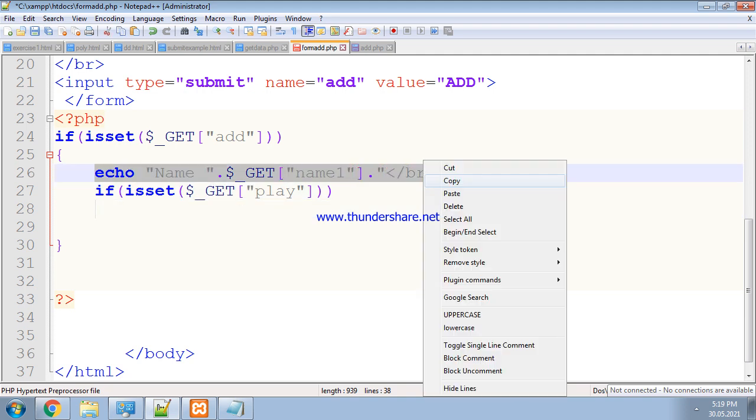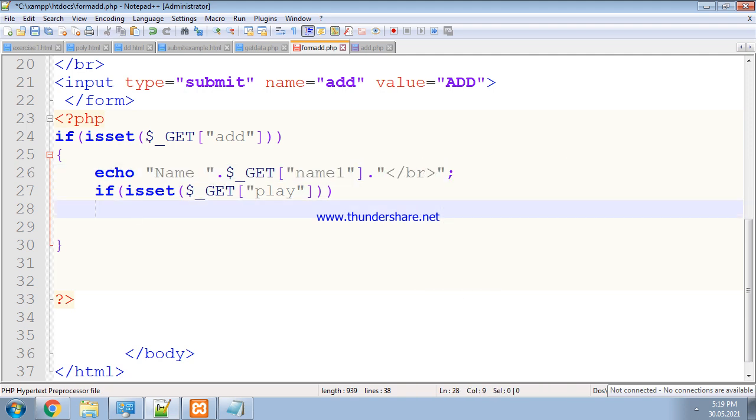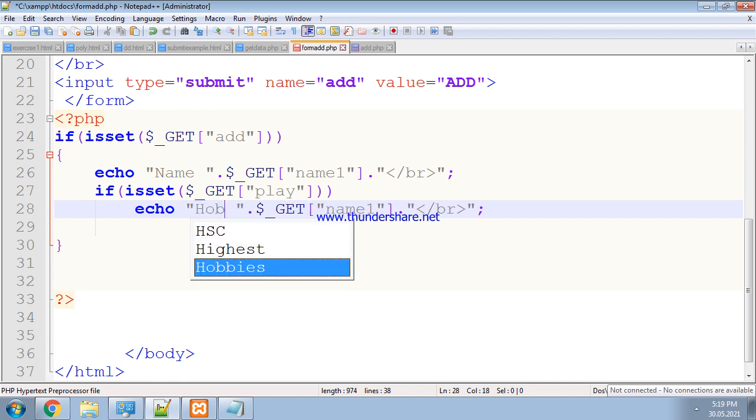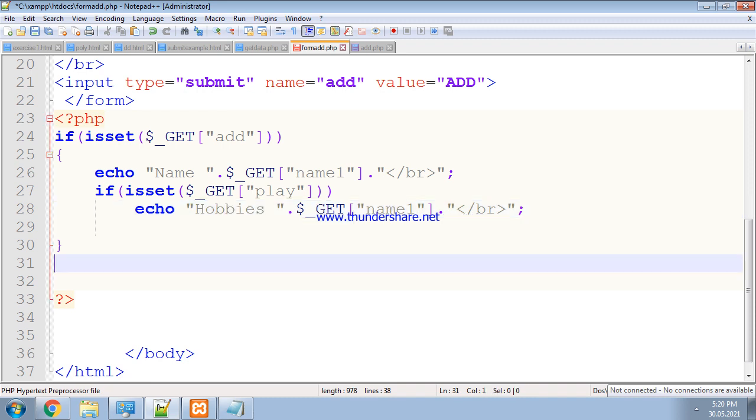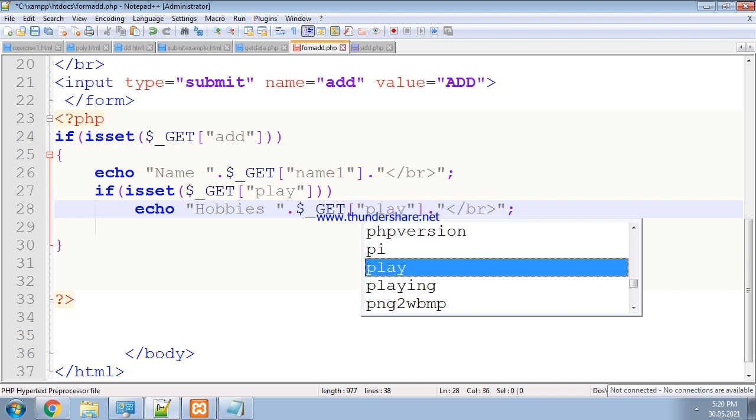Okay, so I am writing this part again here, copy paste. Here hobbies, I am writing hobbies. Suppose the value of hobbies will be play. If it is selected, then only this value should be displayed.